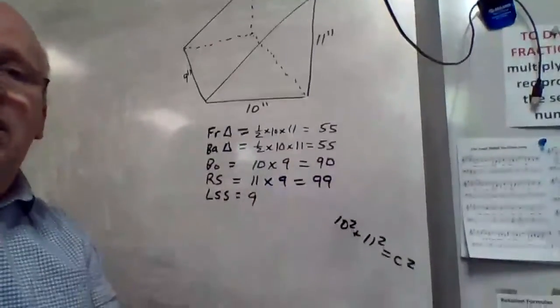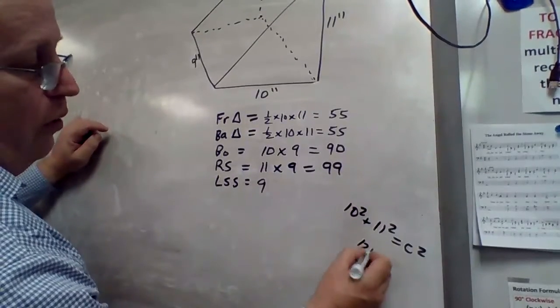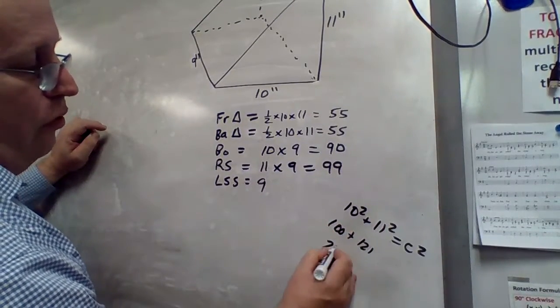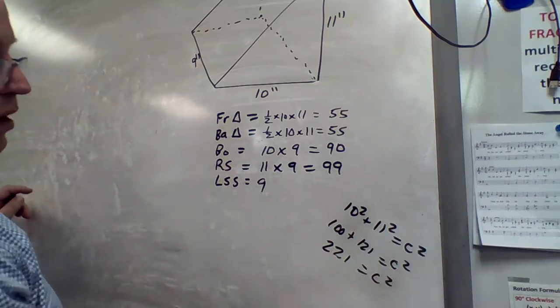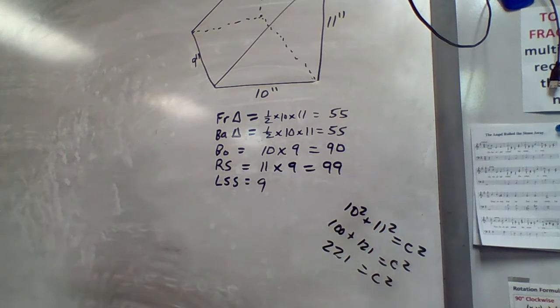Does that ring a bell? Pythagorean theorem. 121 plus 100 equals 221, equaling our c squared. Hopefully you can still see that. We've got to figure out the square root of 221. Don't know what that is. So I pull out a calculator. Let's see here. Square root. Oh, 14.9, basically. 14.9